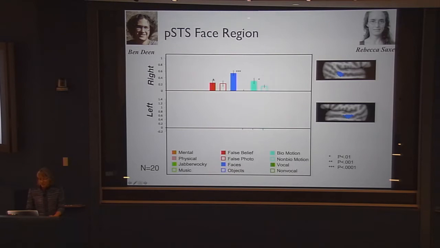Interestingly, this is the theory of mind contrast, thinking about a person's beliefs versus thinking about physical representations. No difference at all in the theory of mind contrast that activates the TPJ very strongly. A little bit of a higher response to biological motion. I'll show you some of these later if I have time. These are moving dots that look like a person walking, but not as strong as to faces. So that's all reasonable and more or less as expected. But here's a surprise. It responds just as much to human voices as it does to faces.